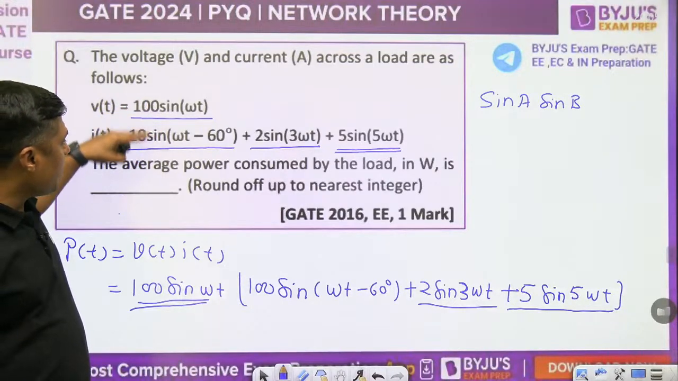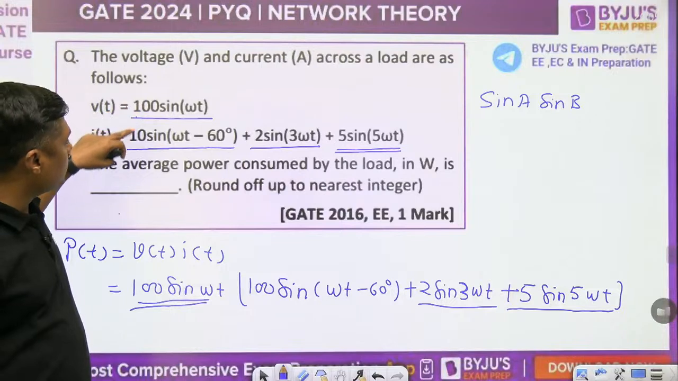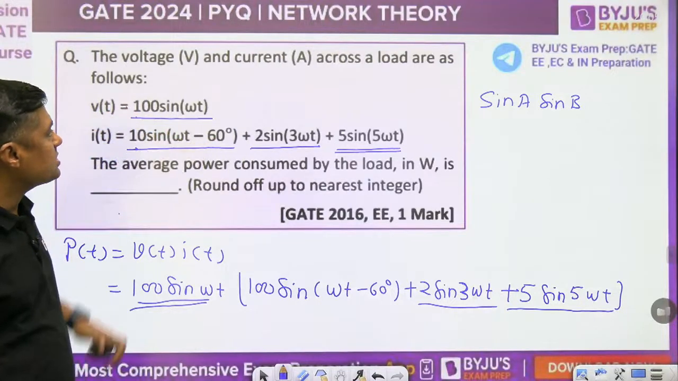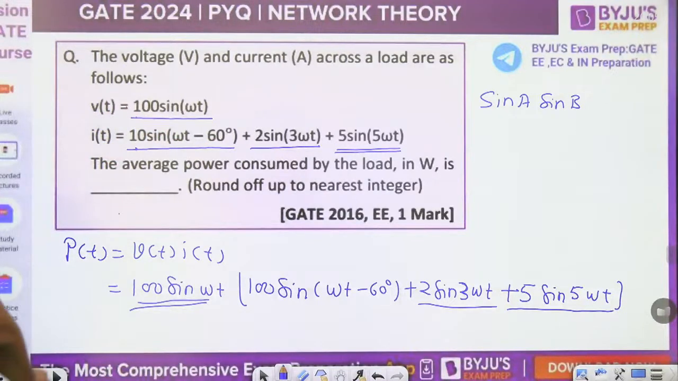So you can find the power: what is the RMS value of this, what is the RMS value of this, and the phase is 60. So directly you can apply